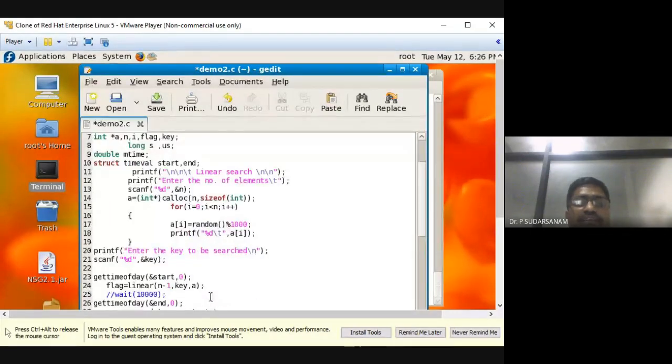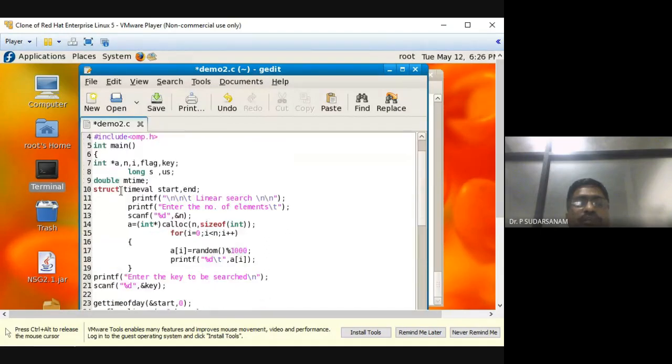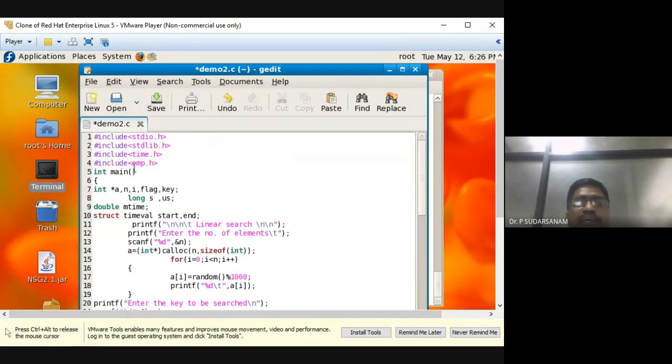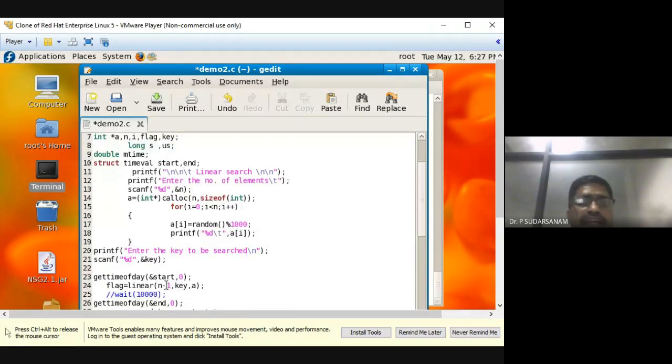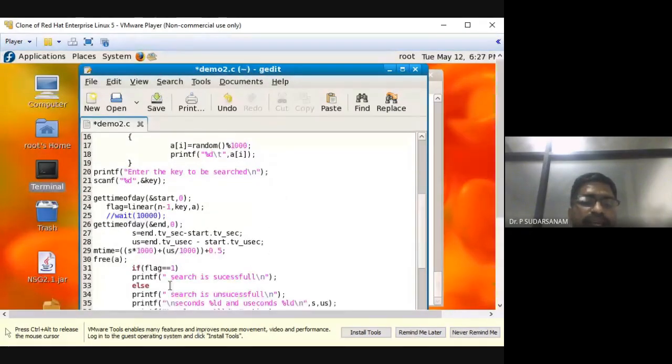So wherever you are using these values and functions, for that purpose you are using gettimeofday. The omp.h and time.h headers give you the struct timeval values. These are the variable names and function names you have used in your program. This is the way of writing the programs. Now if you have any doubt, please ask me about any line.